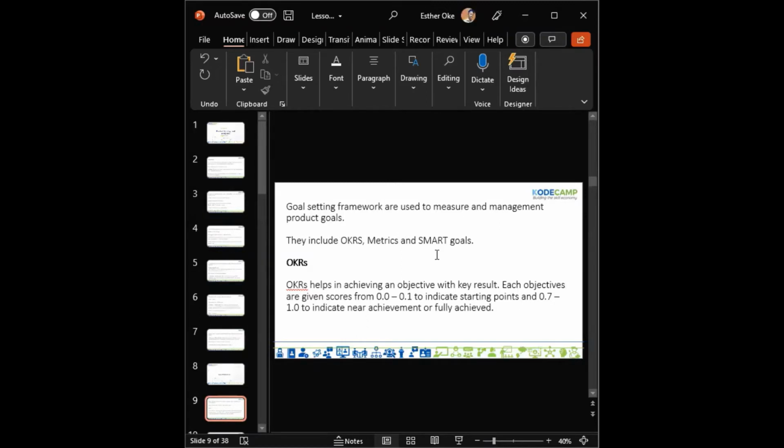So moving on, under goal, we have OKRs. So like I said, OKRs are used to achieve an objective with key results. So they are the objective and key results. So each objective,